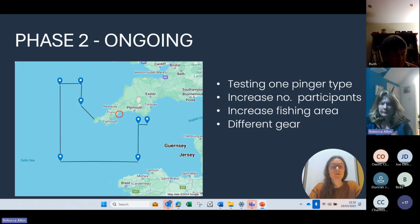We also decided to increase the number of participants. This is to allow us to basically try to speed up the process, to collect more data in a shorter time, and also hopefully to capture more bycatch events. In fact, by increasing the number of participants, we went from